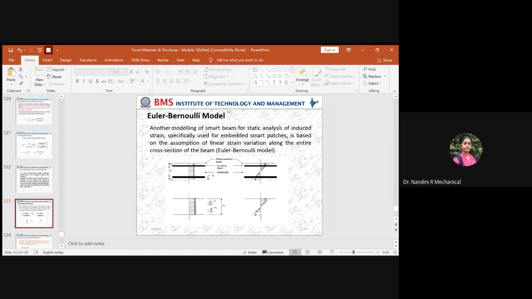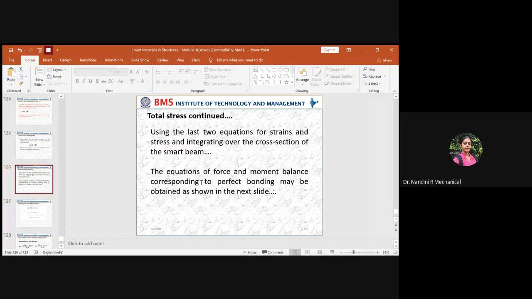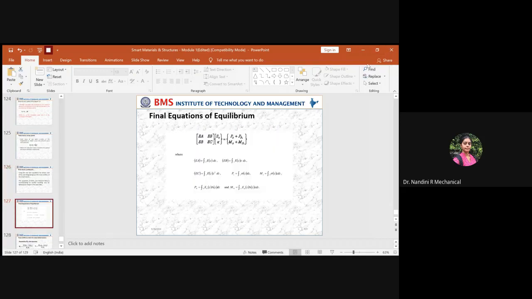Yeah, so in the next class, we will complete the Euler-Bernoulli model. If we complete this, then it covers our first module, which is of 10 hours. It is a huge chapter, right? You have to understand all the key concepts, and there are a few simple numerical examples we have to deal with. So we will do that in the next class. We'll derive a simple equation for the Euler-Bernoulli model, then solve some problems and wind up module 1. If you have any doubts, you're free to ask.